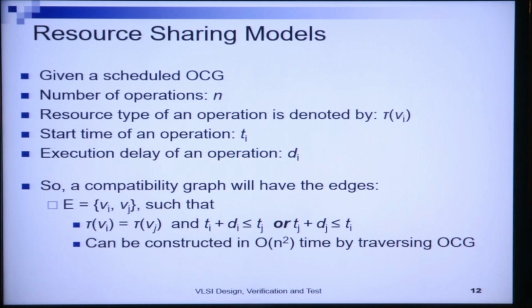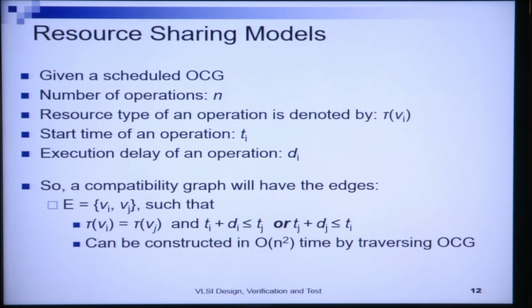So, the compatibility graph will have edges E equal to Vi Vj such that τVi equals τVj. The first term tells me that τVi and τVj must be the same. That means Vi and Vj must be executable by the same type of resource. The second constraint tells me that if Tj is scheduled later than Ti, then Tj must be scheduled at least